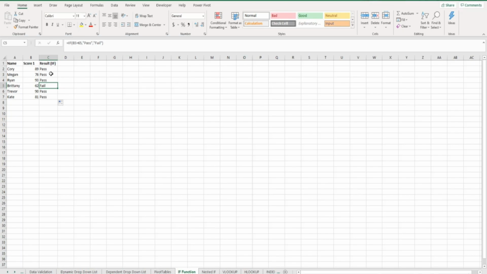Now within our formula, we told the function to return the text values of pass or fail. But the IF